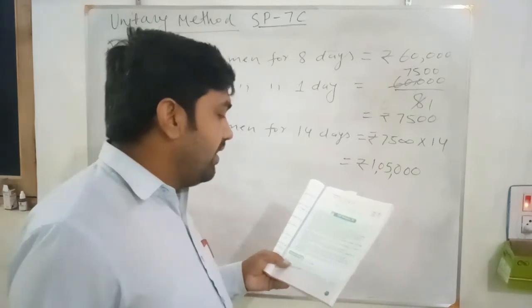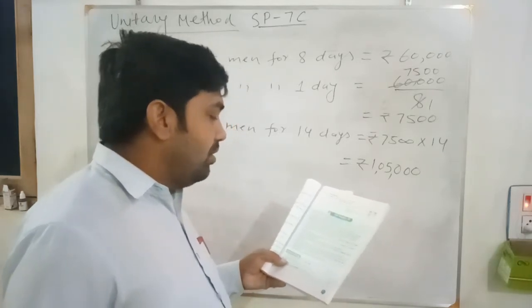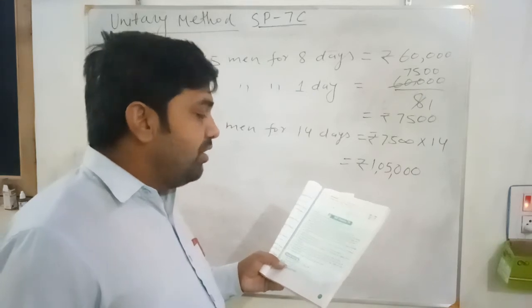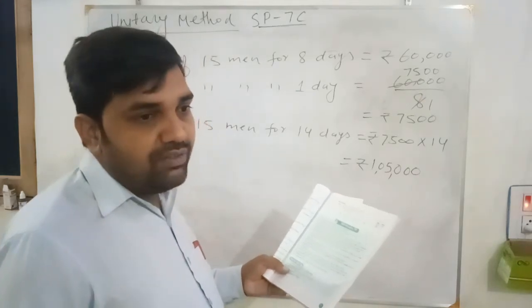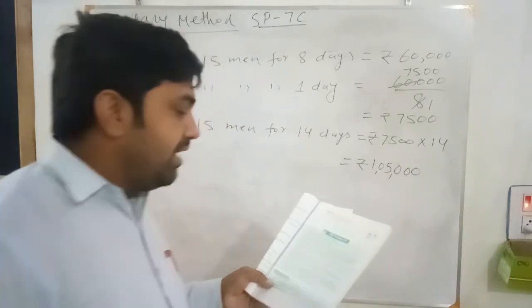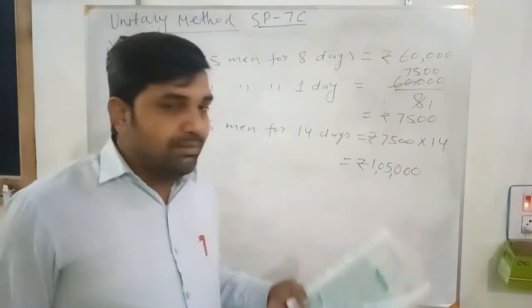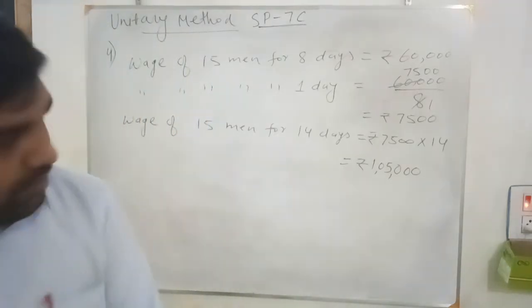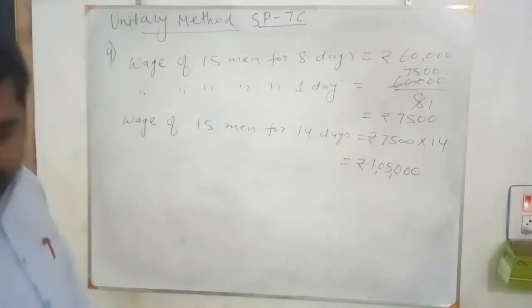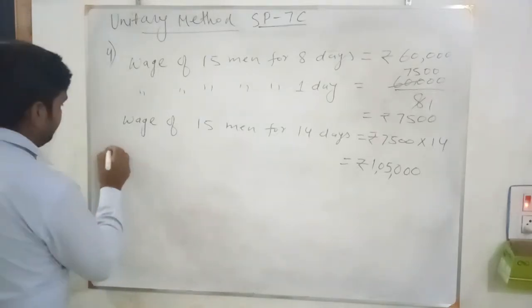So the time taken to cover 120 meters is equal to 1 by 15 into 120, that is 15 8s are 120, so 8 seconds. So the time taken by the car to cover the distance of 120 meters is 8 seconds. Like this you have to calculate question number 5. So let me do that.